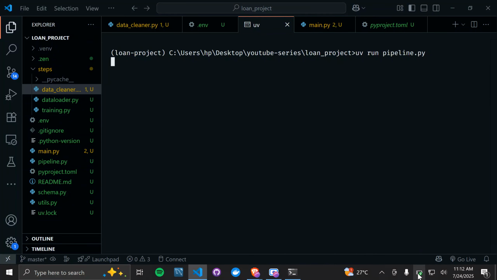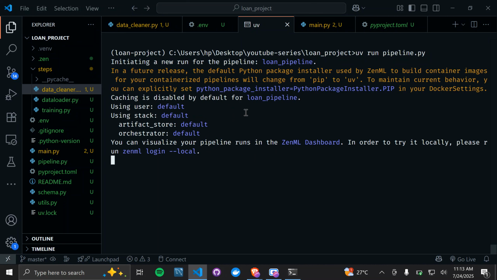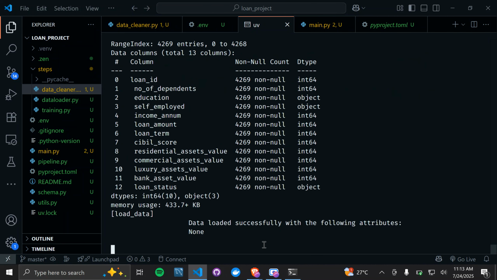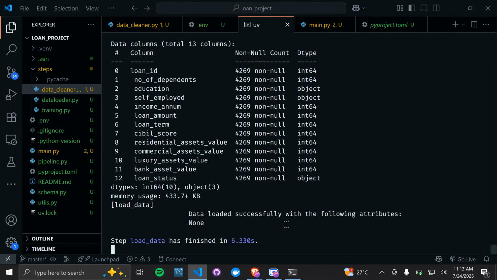But at the moment we still have 15 minutes on the clock, and our run has started again. Still going. Worked up to data loaded successfully,